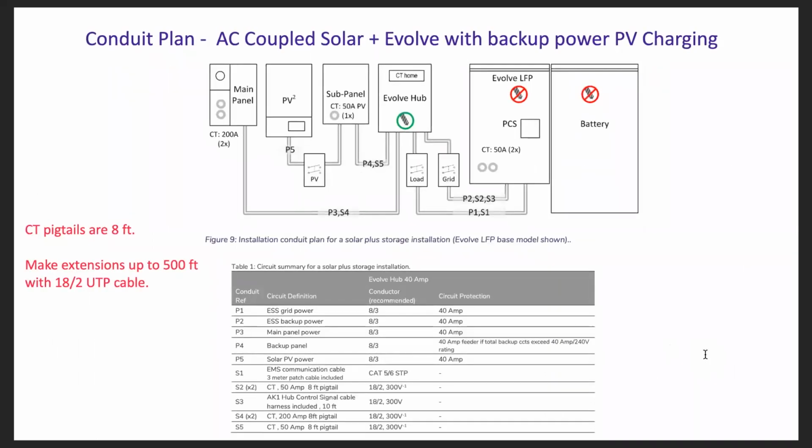Okay, looking at the conduit plan, here is another graphic taken from our installation manuals. It is the conduit plan for the overall system, showing all of the recommended conductors and circuit protection for those interconnections. The CT pigtails that come with the system are standard 8-foot long, but they can be extended with proper wiring up to a maximum of 500 feet. Quick note on these